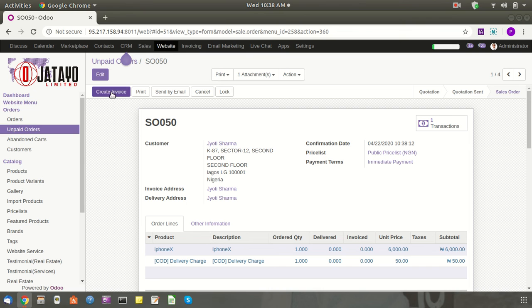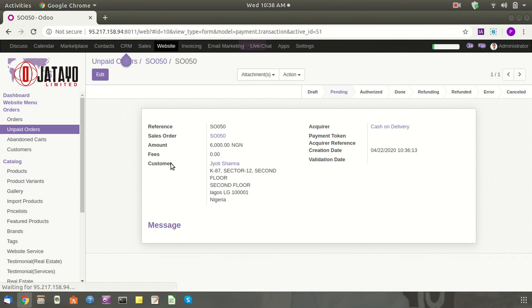Then right after you can also create your invoice and send to customer, and you can also see the transaction. So here is the transaction reference number, fees, cash on delivery payment, and then after that done.